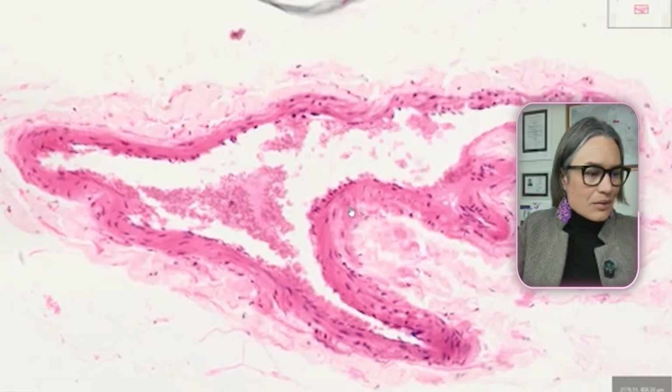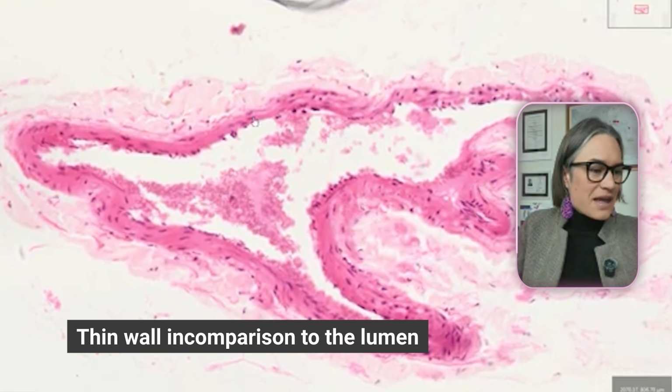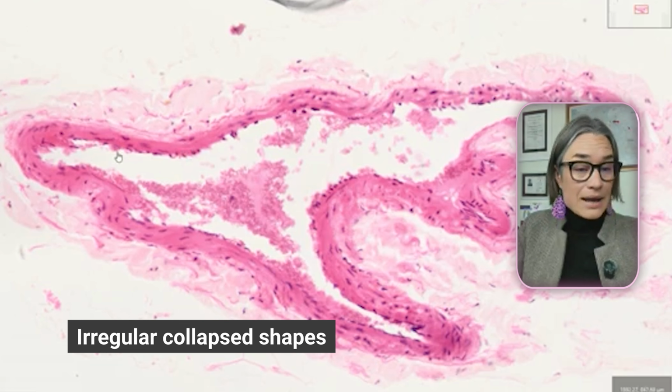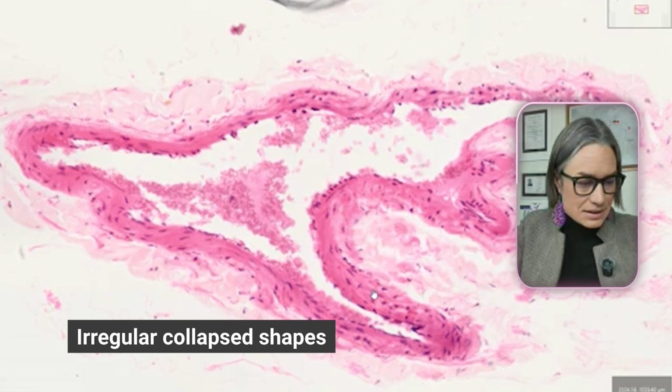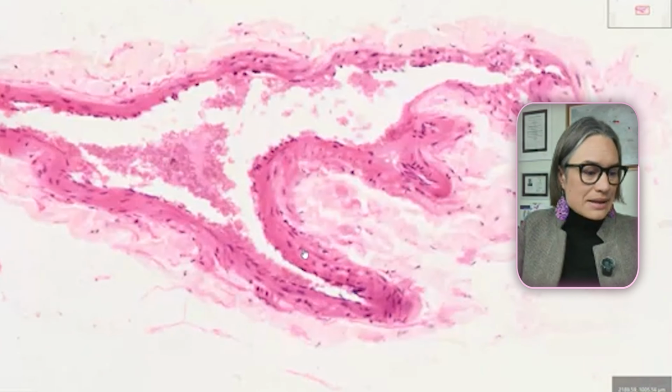The first organ that we're going to be looking at is going to be the vein. It has the same layers, but they are not so beautifully visible here. So we have a thin wall relative to the lumen, right? The other was a lot thicker. This one is thin. Usually we do this as proportions. So in comparison to the lumen, the wall is thin. The lumen seems a little bigger than the wall, but it's all relative. We have an irregular collapsed shape, so you can see that this is collapsed. It's going into the inside, and we still have smooth muscle here, but it's less because it's less thick,